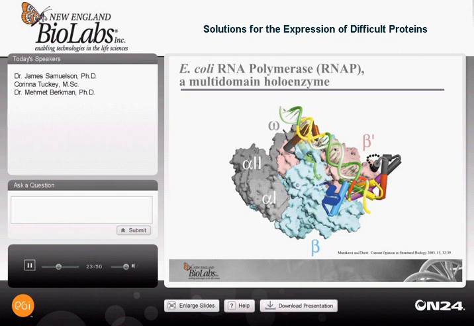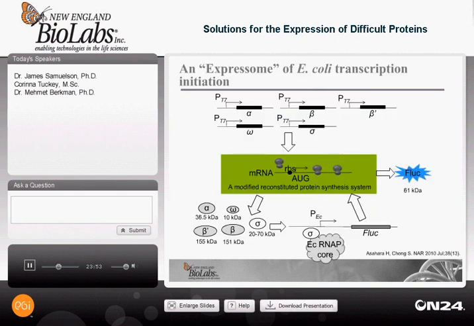My next slide is a very busy slide, just to illustrate what was put into the reaction tube for this experiment. Essentially, it's quite simple. The researchers took all of the subunits for the E. coli RNA polymerase, the alpha, beta, beta prime, omega, and the sigma factor, and put them under the control of the T7 RNA polymerase promoter. They expressed these in vitro with the PureExpress system. That's shown in the bottom left-hand corner.